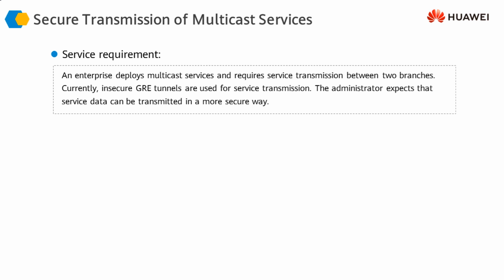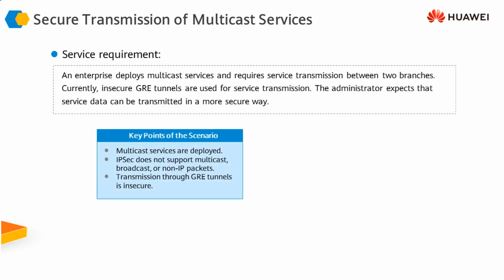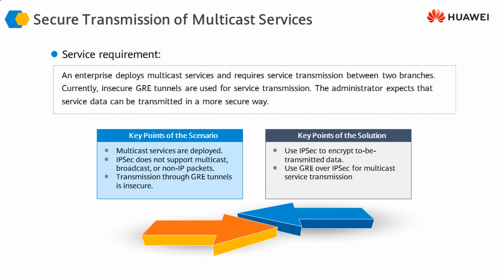So if you want to provide security for GRE tunnels or GRE communication, we can use IPsec, because GRE provides us the functionality of exchanging or communicating multicast or broadcast traffic or traffic which is non-IP traffic. GRE supports these types of traffic which IPsec does not. So if you want to support multicast traffic, broadcast traffic or non-IP traffic, and we want to secure that communication, then we can use GRE over IPsec.